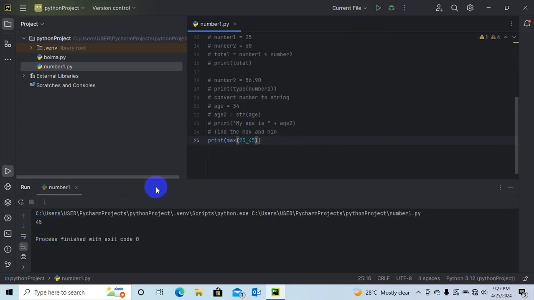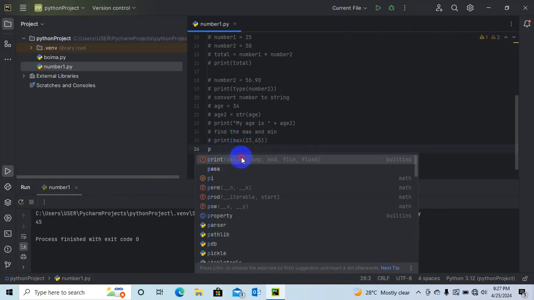Now, how about binary numbers? You can also convert numbers into binary. Let's take for example, you come here, press enter, and say print.